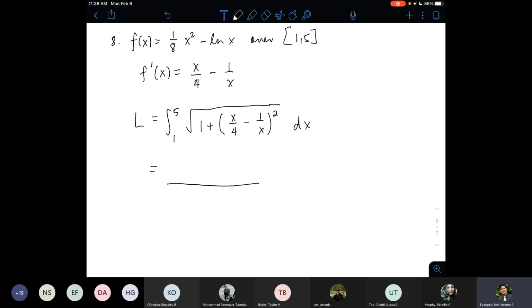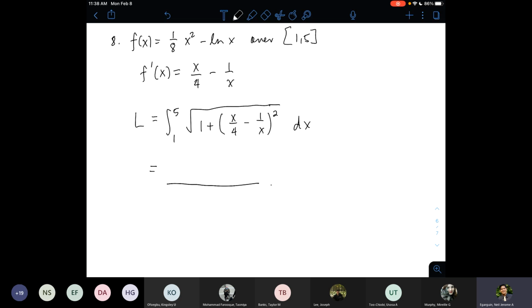So I'll insert the final answer later, but the emphasis here would be on setting up the integral rather than computing the integrals themselves, because I hope that is now clear from Calculus 1 or the first few weeks of Calculus 2. So the focus really here is on having the right setup for the integral, because after that, all that follows would be calculations that we have covered before. All right.